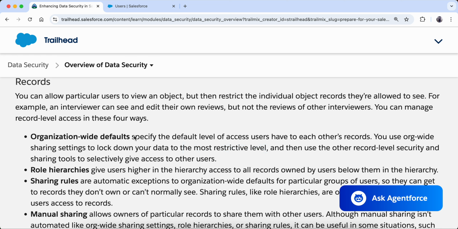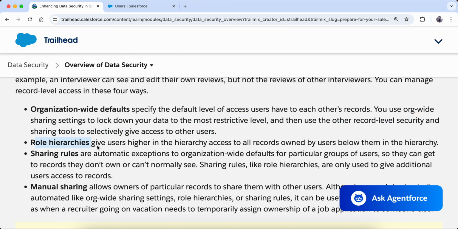That is the default level. That is org wide. So if you don't want even one person to view the record in the organization, you have to make this setting private, even if it is just for one person, because this is the most restrictive level.